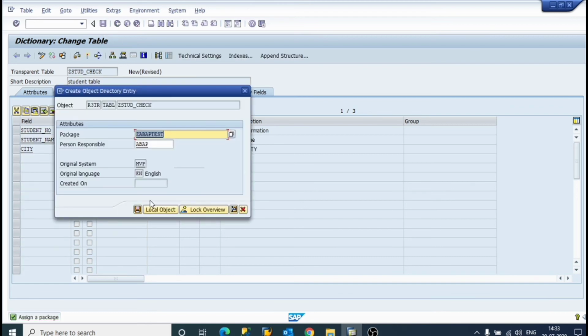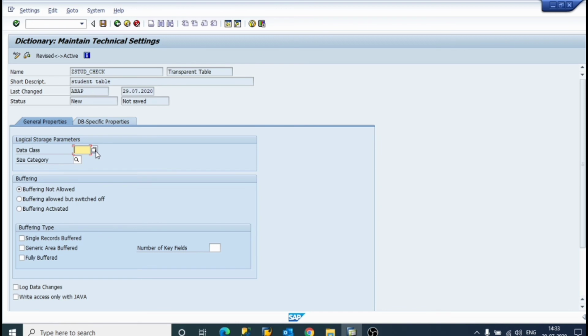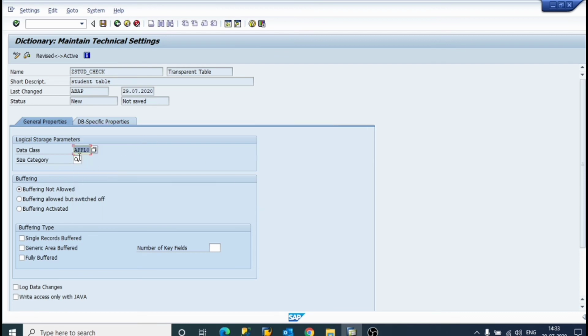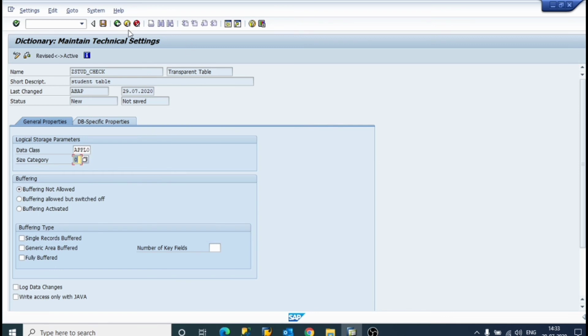Save it. Technical settings, size category, save it.